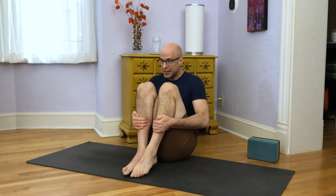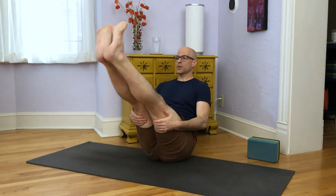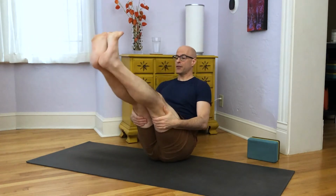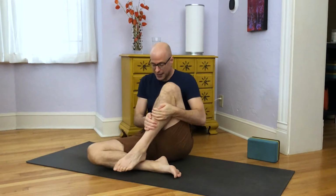or for some abdominal activation as well, you can try both knees, both shins in, point your toes down, and then you extend your legs as you hold your hamstrings, open your toes, and you can go back and forth like this a few times. So once again, this is also a bit of a balance challenge. So if it feels like it's too much balance, just stick with one leg, and I would say switch to the other leg now. And we'll do that a couple more times here